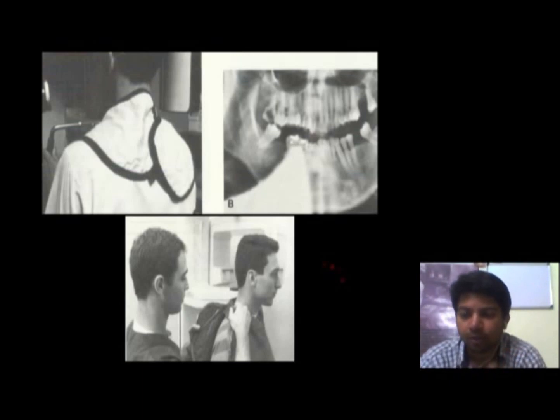But in case if you want to wear a lead apron, it should not cover the nape of the neck, because the X-rays will pass through the nape of the neck just below the occiput. So it results in formation of a radio opaque shadow of this lead apron over the body of the mandible. So instead of this type of lead apron, we have to use a Poncho type of lead apron. This is the lead apron which has to be used.